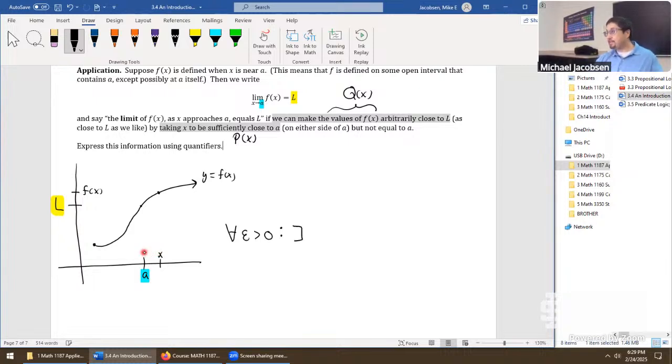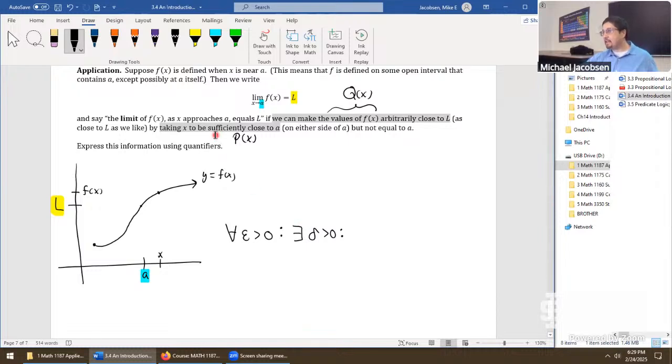It's going to be an existential one. We'll say, once you pick the distance that f of x is going to be away from L, so within a distance epsilon, there needs to be another distance that x has to be away from a so that f of x really gets within epsilon of L. So there's going to exist a delta bigger than 0